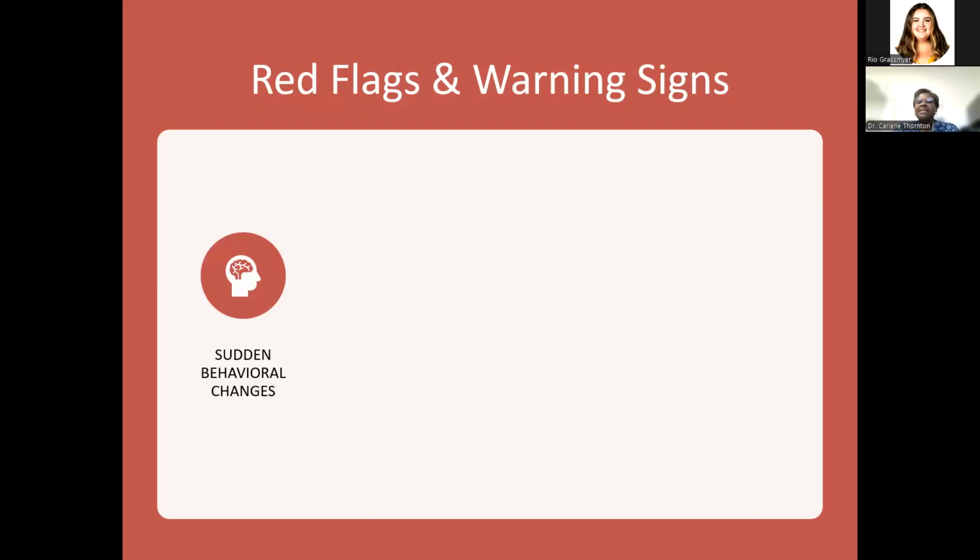And these are the signs that we can see in the victim. We see sudden changes in the way they interact in class, the way they interact with you, or the way they interact with a certain individual. They may come to class normal and fine, but when this one particular instructor is there, you know that they are shying away from this person, or they are leaving the conversation when this person joins.